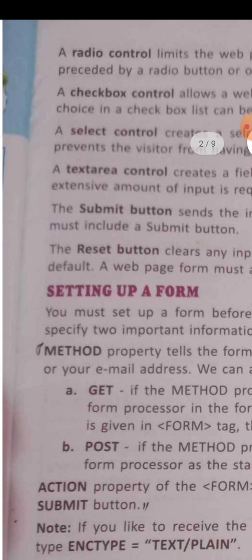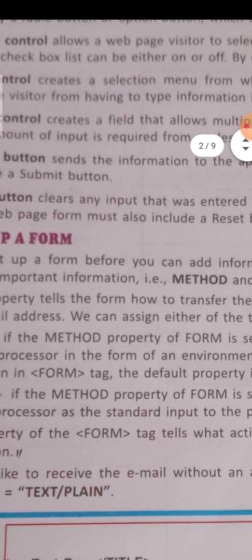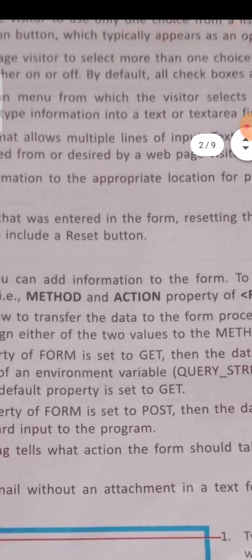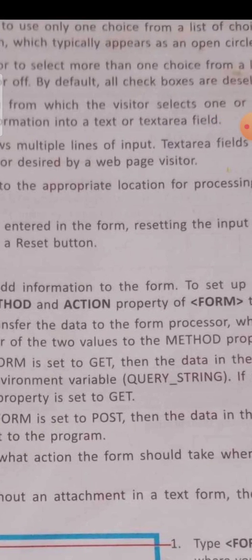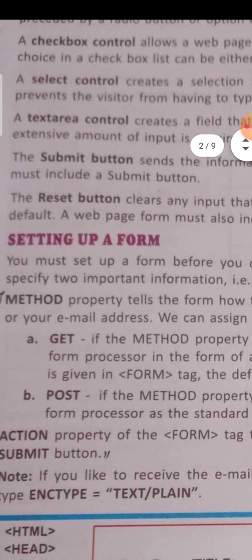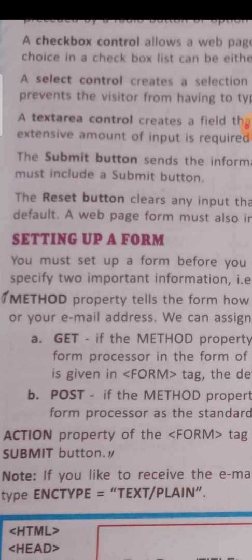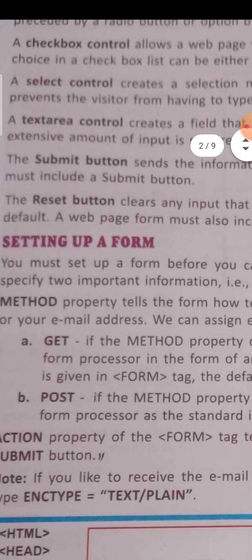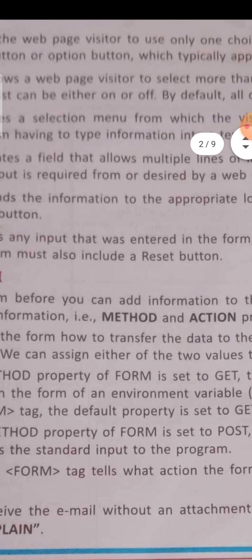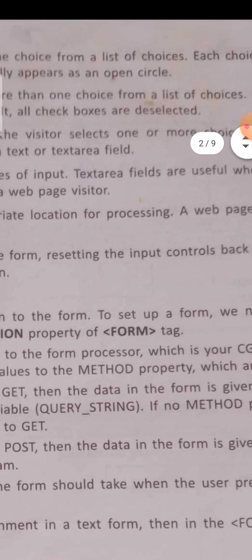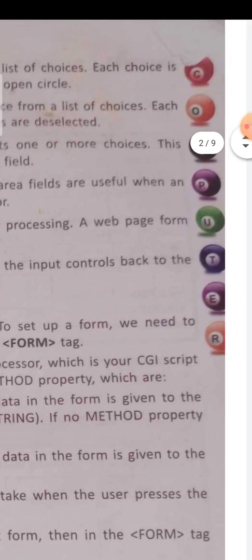The method property tells the form how to transfer the data to the form processor. It is asked many times in exams, especially regarding get and post. What is the difference between the get and post methods? Always remember the difference between these two methods. So first of all, what is the method property? The method property tells the form how to transfer the data to the form processor, which is your CGI script